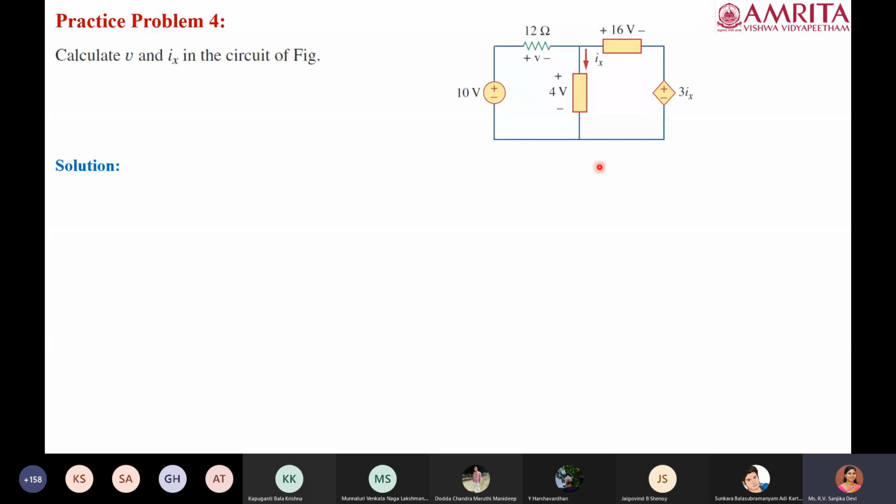So it is based on both KVL and KCL concepts. Wherever you have to apply KVL, you apply KVL. I think with KVL only we can solve this. There is no need for KCL. When you practice, you will have more confidence. Everything comes with practice. For the next problem also, by applying KVL, we can easily get the value for V and Ix.